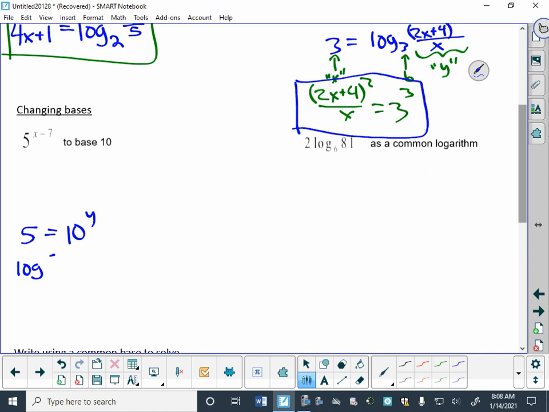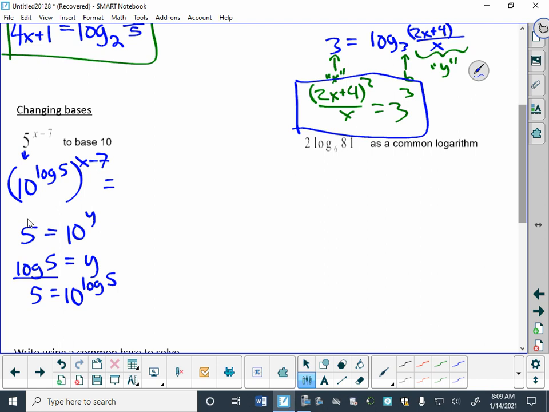It would say that the log of 5 is equal to y, right? This is a common logarithm. I don't have to write the base 10 because this was base 10. So this is telling me this y is log base 10 of 5. So it says 5 is equal to 10 to the log base 10 of 5 power. So if I replace my 5 with 10 to the common log of 5, then this becomes 10 to the log 5 all to the x minus 7 power, and